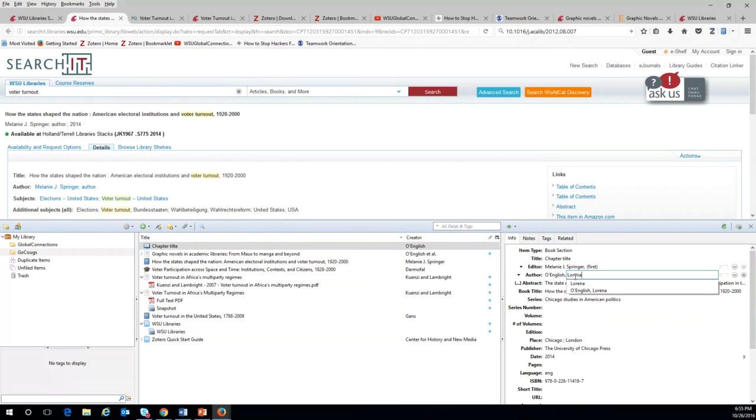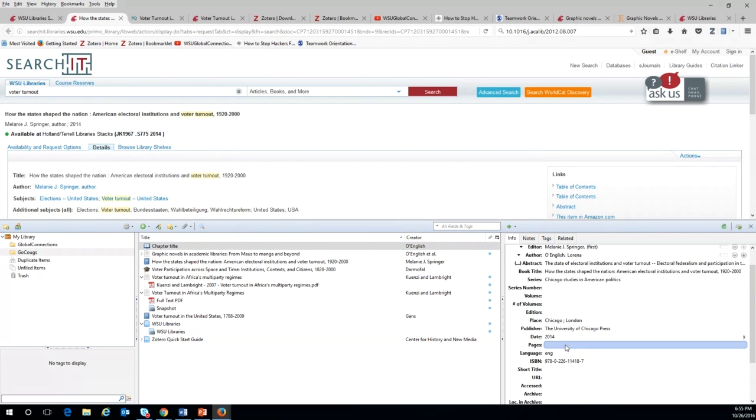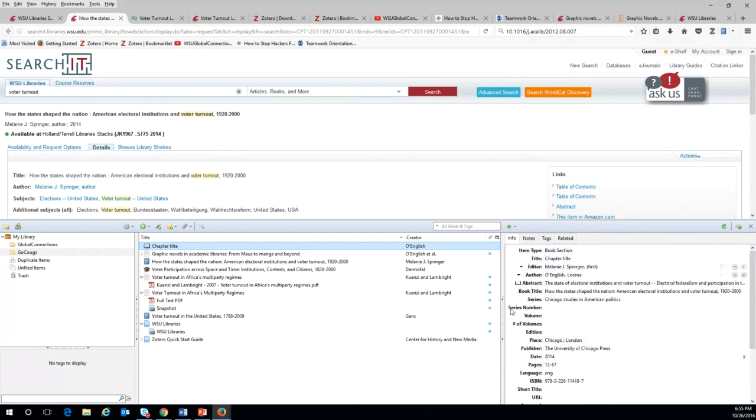Lorena. And then I go through and I'm like, pages are important. Page 12 to 67. I'm very prolific. 12 to 67. And then I save it. Ta-da! Now this is going to cite it as a chapter because it has everything it needs: the chapter title, the book title, the editor of the volume, the author of the chapter, and the page sequence